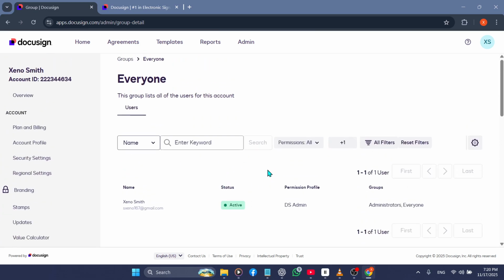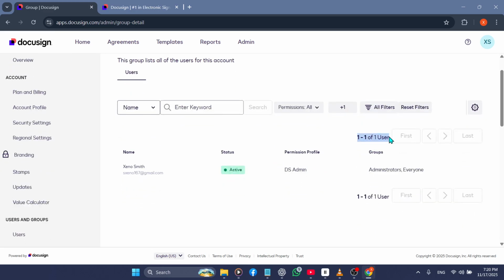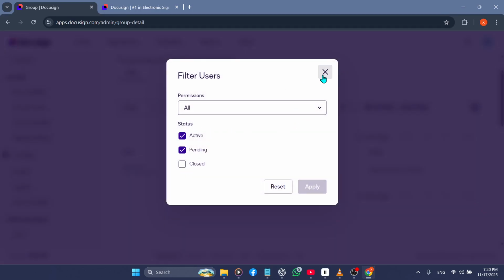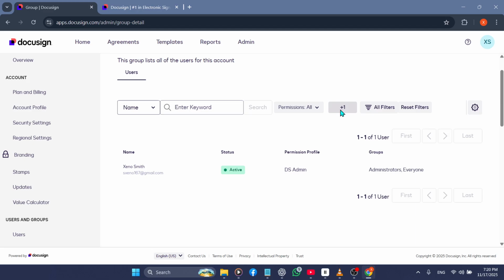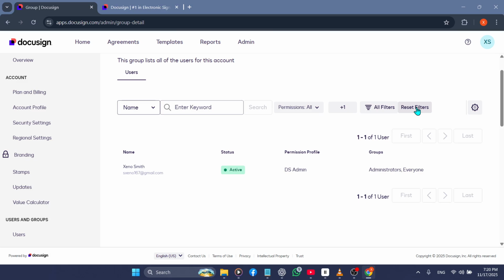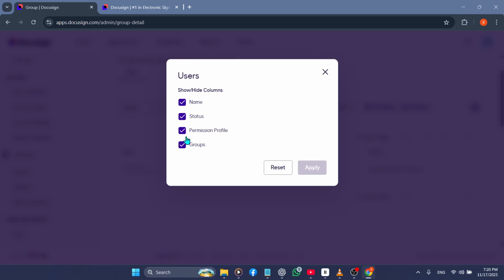To take your group management even further, remember that Docusign also allows you to assign roles and customize permission profiles. This means you can fine-tune exactly what each group is able to view, edit, or send. These settings are especially helpful for larger teams where responsibilities vary. Using these tools helps support your internal workflow, keeps sensitive information protected, and ensures each user interacts with documents the right way. Always be sure to save any changes you make and give everything a quick review before you exit